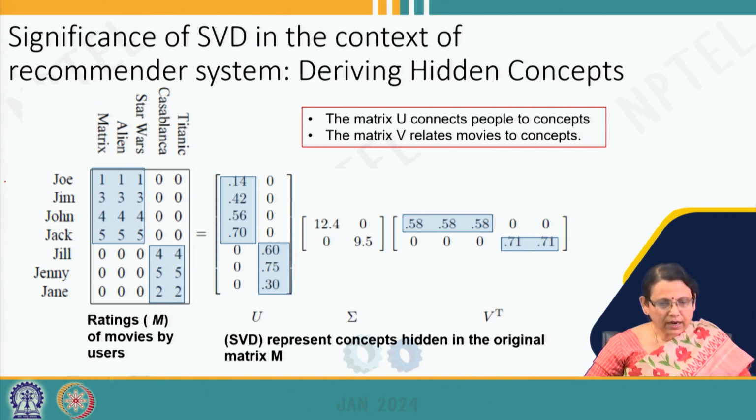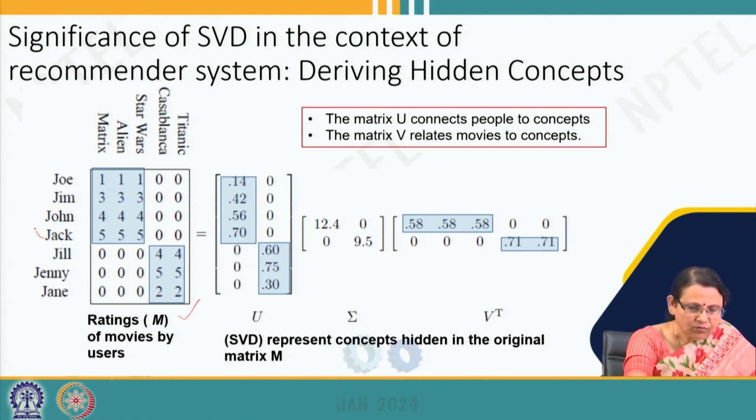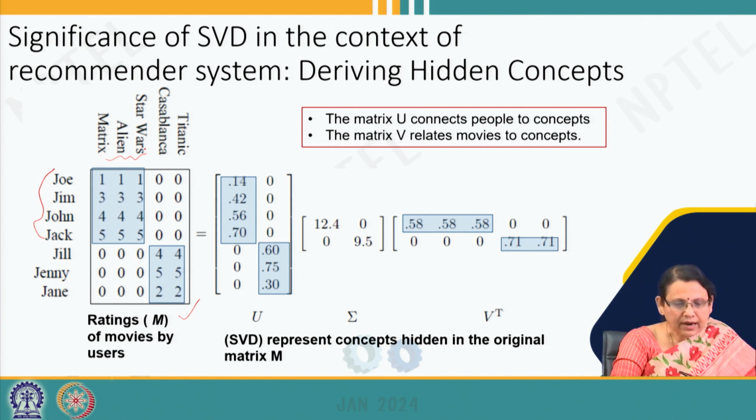So, now if you look at this particular matrix, this is one rating matrix. In this rating matrix, there are 4 people who are rating distinctly 3 movies, and there are 3 people who are distinctively rating these 2. If we look at it, some are action movies, some are some other kind, some romantic movies or something. Now, if we make